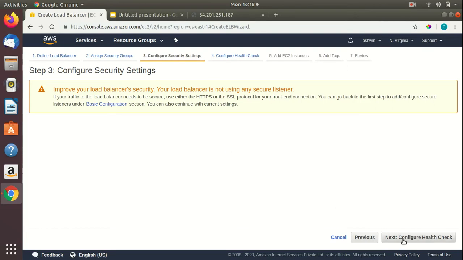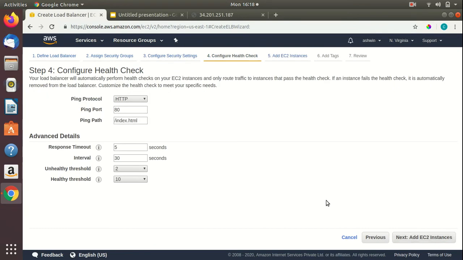Next I'll click on configure health check. The health check determines if the EC2 instance is healthy or not by accessing the index.html on each of the two EC2 instances. That is the meaning of ping path here. It will try to access the index.html on each of the EC2 instances every 30 seconds. That is the meaning of interval here. And healthy threshold means that it is going to check 10 times to declare it healthy.